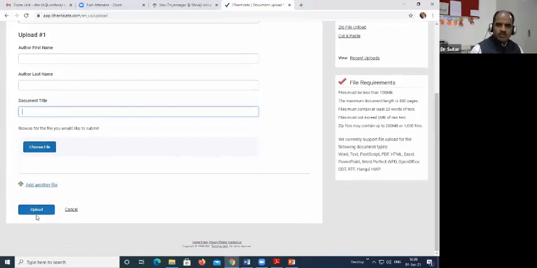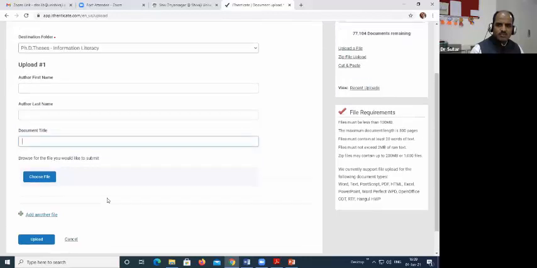So I will go to that, I will select this PhD thesis which has been completed, and then I will click on upload. I am not showing you practically because this is subscription-based software. If I upload a particular file, the remaining document amount will be reduced, and it is of no use. That's why I am not going to upload a file practically. So a zip file can be uploaded, and a file can be cut and pasted as it is.